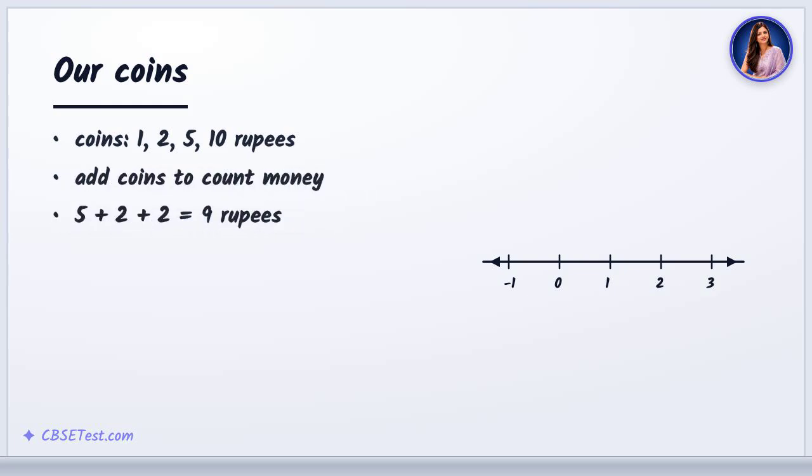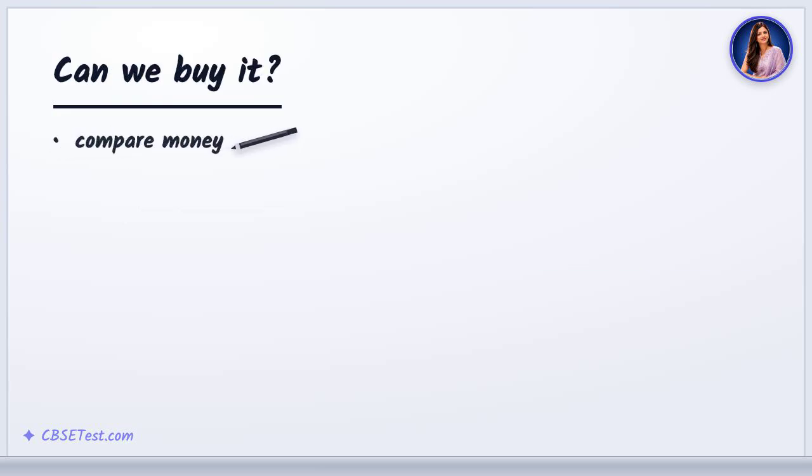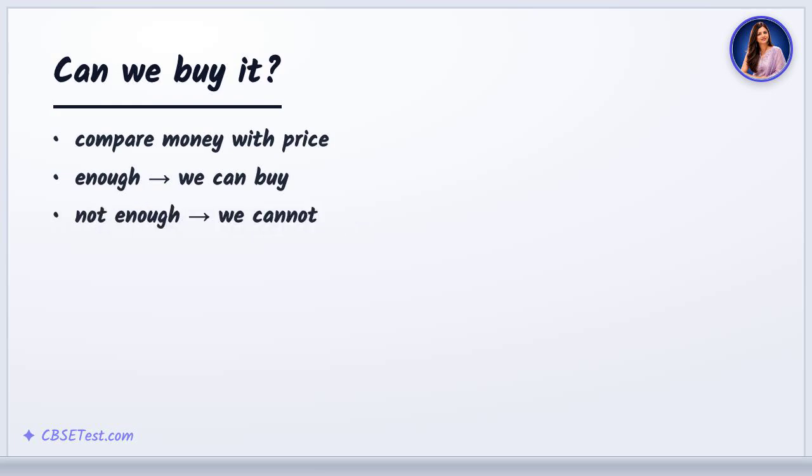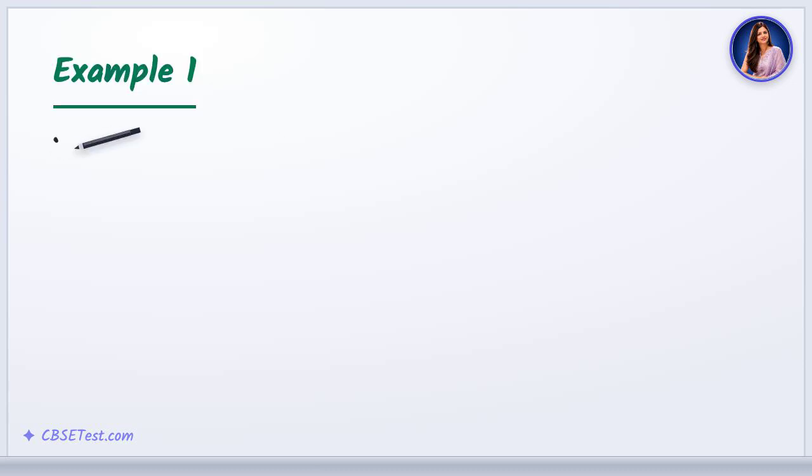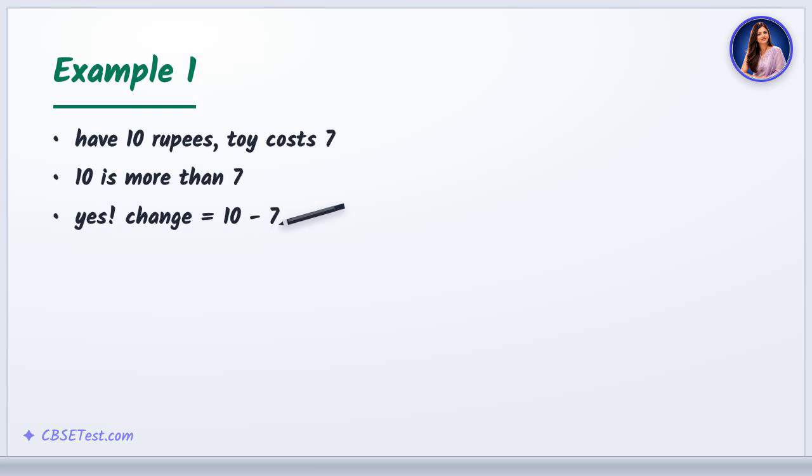To count money, we add the coins. 5 plus 2 plus 2 is 9 rupees. To know if we can buy something, compare our money with the price. If we have enough, we can buy it. If you have 10 rupees and a toy costs 7, 10 is more than 7, so yes, and your change